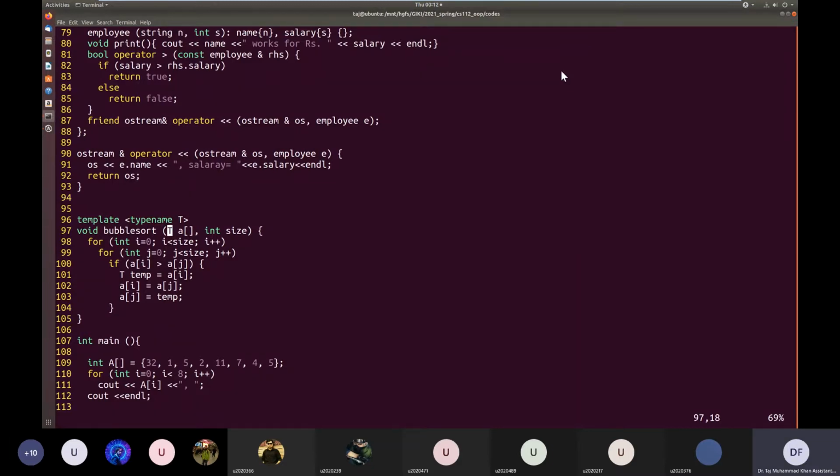So it might be that some people may have missed some things in these templates. If you have any questions or confusions, you can ask now.